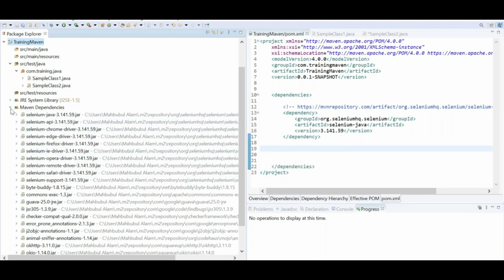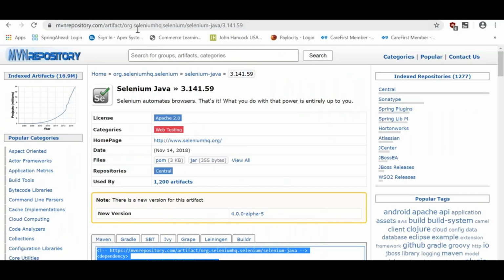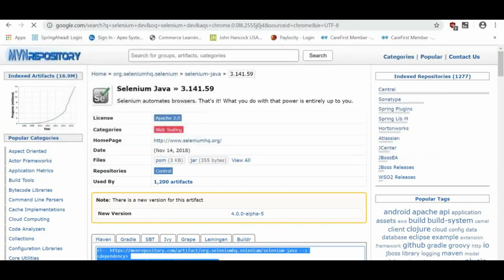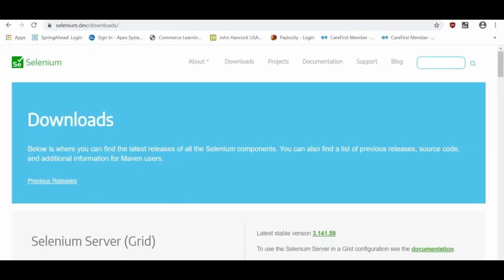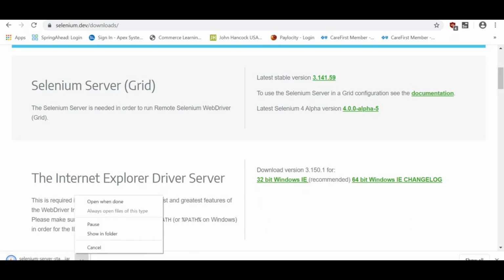If you want to do the same thing in Java project, what we need to do is we need to go to Selenium official website, and we need to go to downloads, and we need to scroll down, and we need to take the latest stable version. So you can see 3.141.59, that's the thing which we have downloaded. We need to go to the show in folder. We need to download the software,